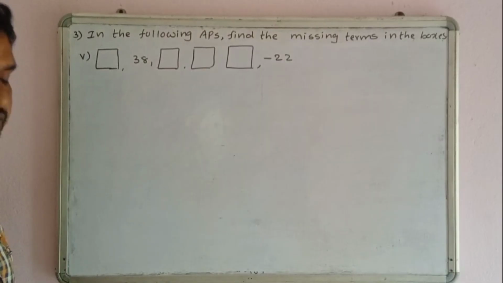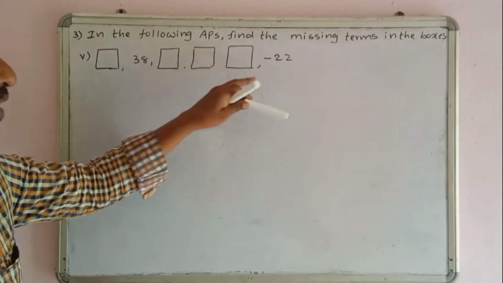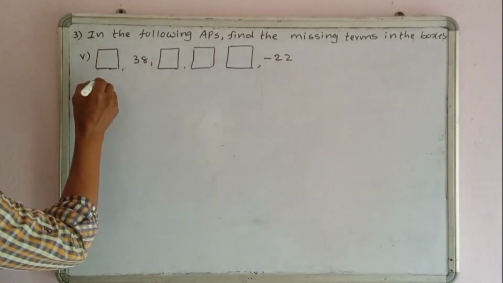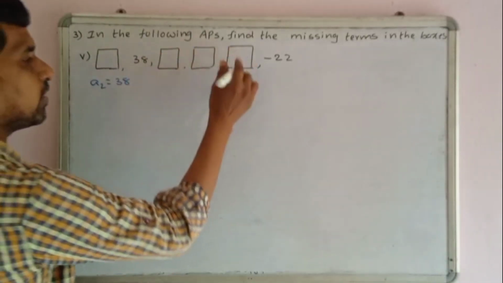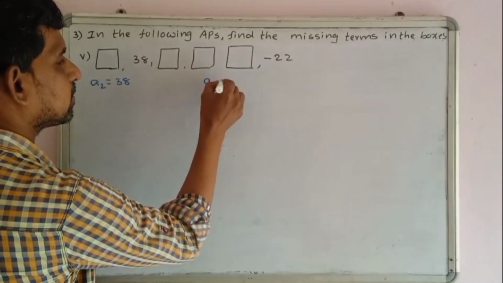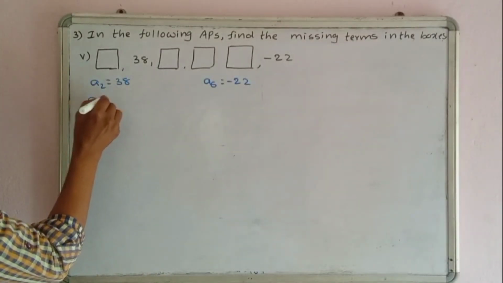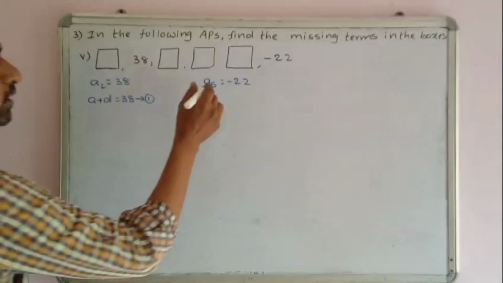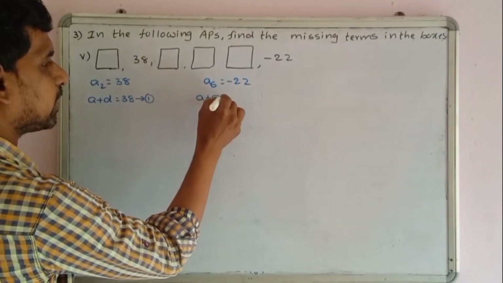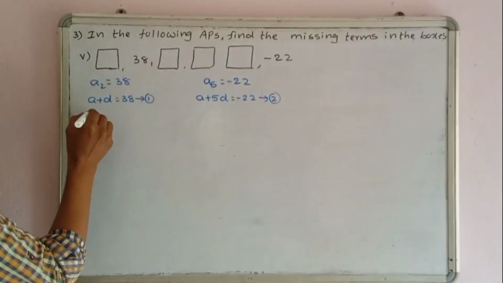Fifth problem. In the following APs, find the missing terms. A1, A3, A4, A5 are missing. Now we will find the terms. Given A2 is 38 and A6 is minus 22. So A2 means A plus D equals 38. Say it is 1. A6 means A plus 5D equals minus 22. This is say 2. Now solve